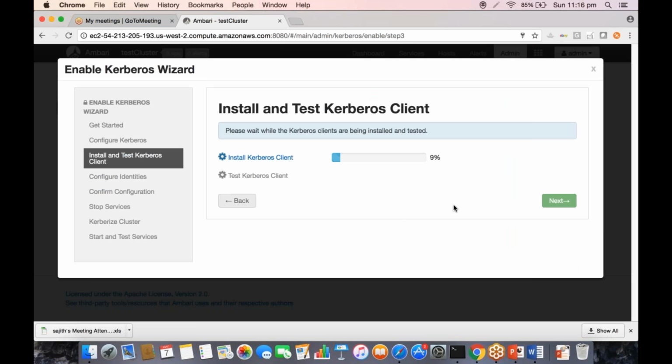Most of the time, if the failure happens while installing the Kerberos client, it is because you might not have installed the JCE policy, second you might not have restarted the machine after installing the JCE policy, or third it could be the incorrect credentials you have given. root/admin is the one which we have to give. These are a couple of issues which you'll face when installing it, so make sure that you perform all the steps correctly.